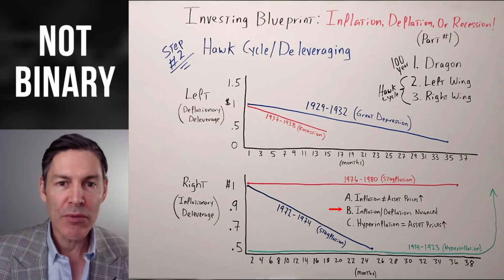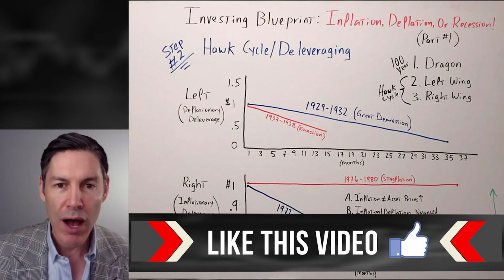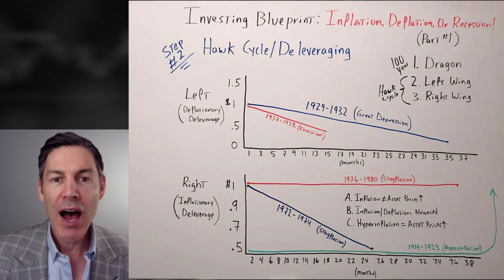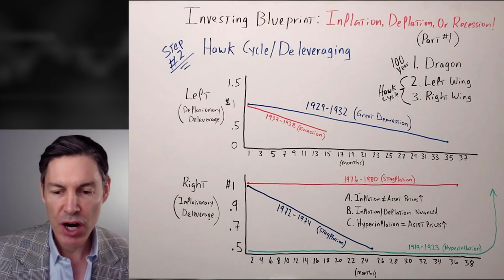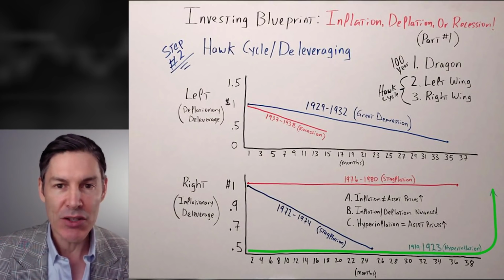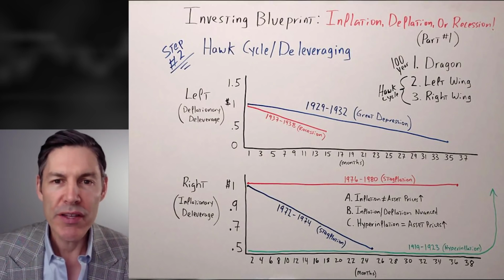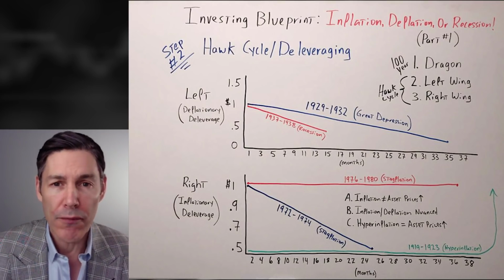And the only times throughout history where we've always seen asset prices go up is in times of hyperinflation. The example Chris Cole uses in this chart is Weimar Germany, 1919 to 1923. So how can this help you build an investment blueprint for your own portfolio for an inflationary cycle, deflationary cycle,